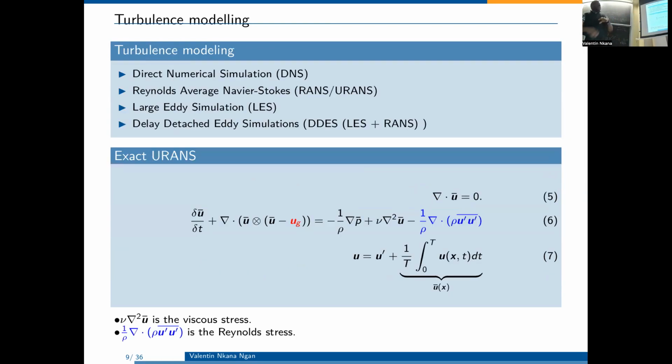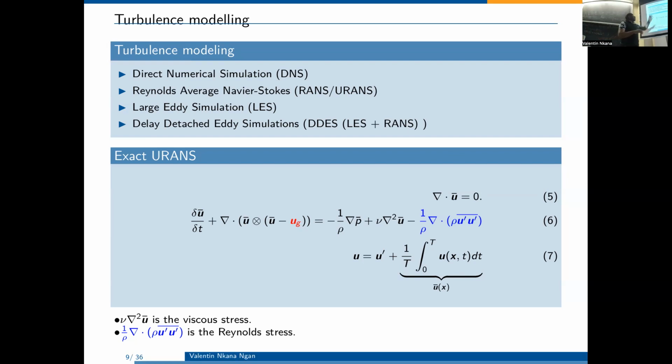So we are dealing with turbulent flow, so we need a way to resolve what we call the eddies, or the coherent structures. You can say that you don't want to resolve anything, so you can do what we call direct numerical simulation, which is so much more expensive, and in this case the Reynolds number is really low.